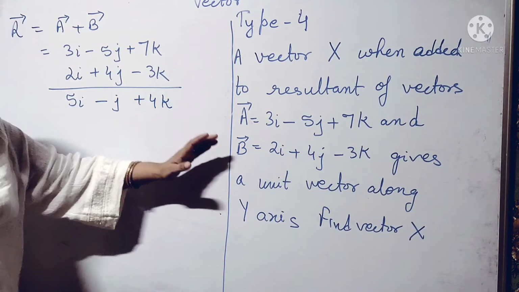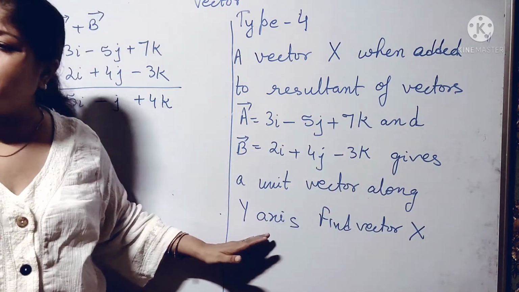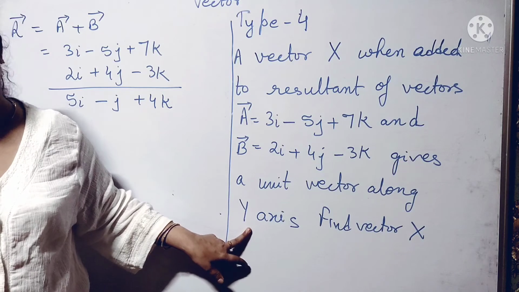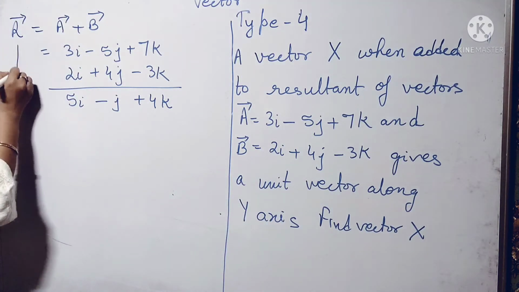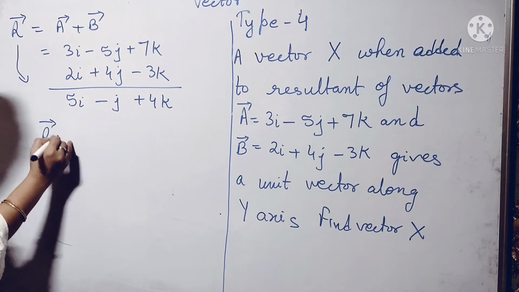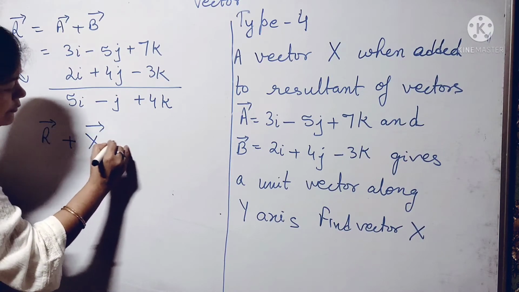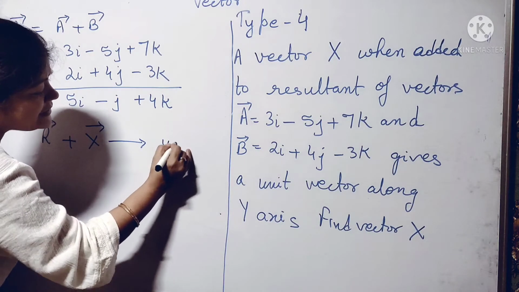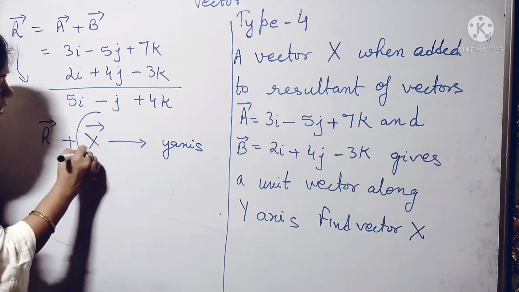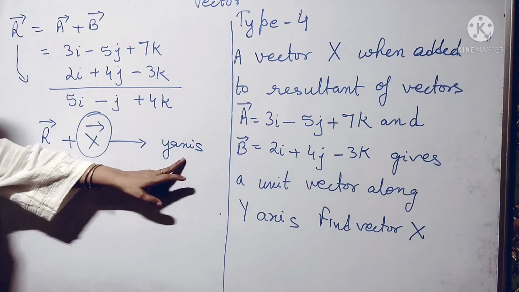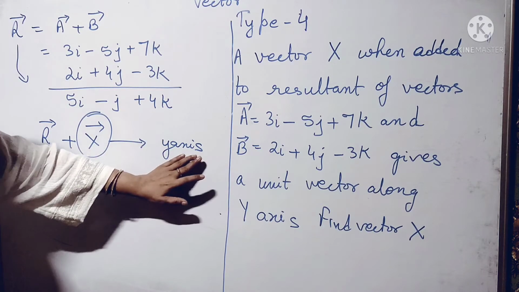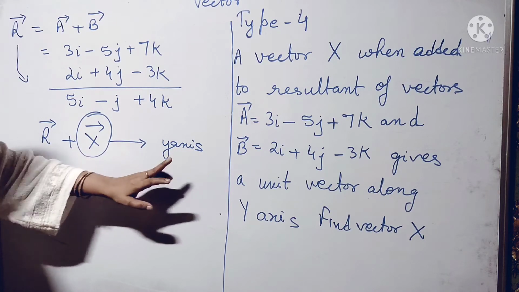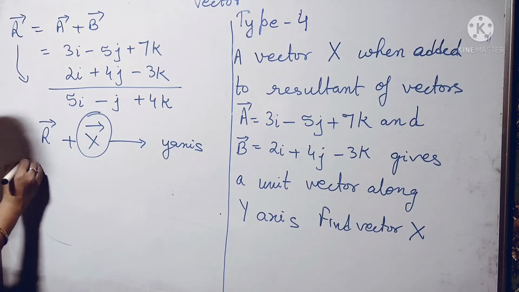Now the resultant vector which we get after adding is what? Along y-axis. Now आप ऐसे समझो, अगर ये आपका आंसर है, इसमें आपने ये कोई x वेक्टर जोड़ा, हमको ये जो नया वेक्टर मिल रहा है वो y एक्सिस के अलोंग है. तो हमको अगर ये वेक्टर निकालना है तो हम इस y एक्सिस वाले वेक्टर से रिजल्टेंट को माइनस करेंगे. ठीक है. तो इसलिए y एक्सिस पर मेरा होता है j. So we have to subtract for x vector.